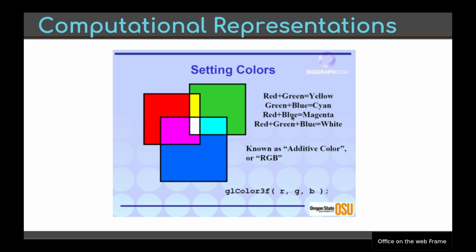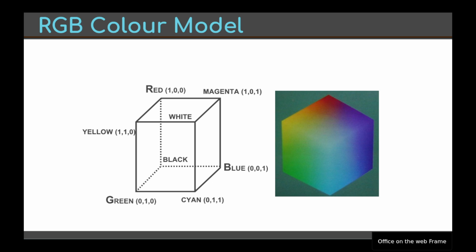Now, you can see here how these add together. Red plus green equals yellow, green plus blue is cyan, red plus blue is magenta, red, green, and blue is white. I'm sure you've all encountered this extensively, so we'll not beleaguer this point, but it's pretty to see it all laid out there. Now, a more formal way to look at it is the color cube,